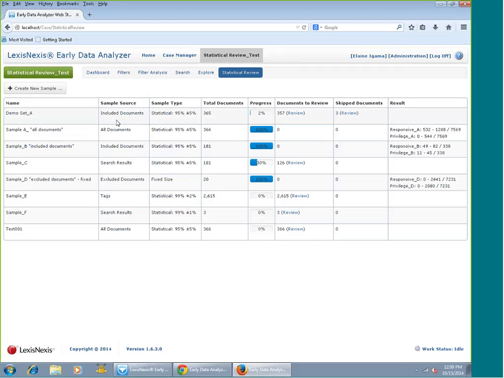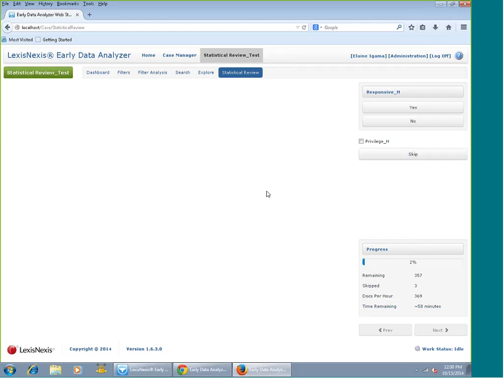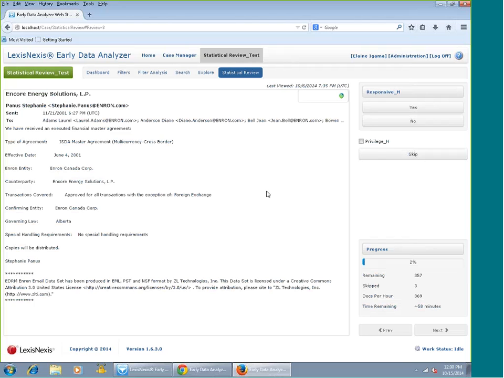I've created different types of statistical reviews. So this can be used for a couple of different reasons. Demo set A, if I go into review and I'm at 2% progress, I went ahead and told EDA to take a subset of everything in my case. So again, it's random sampling, so it just takes 357 out of the 7,000 plus records,